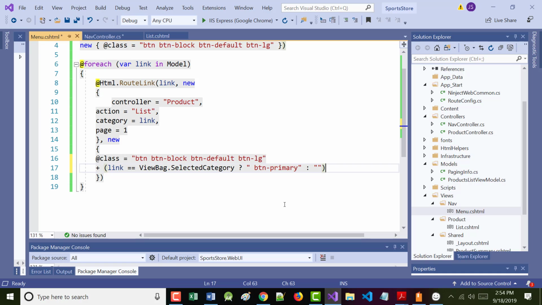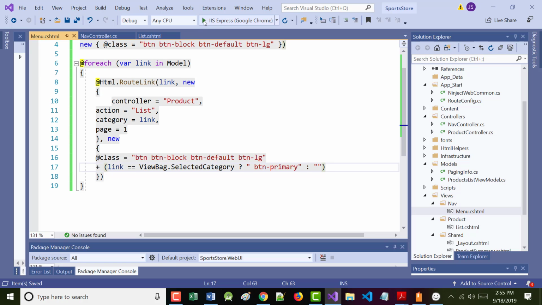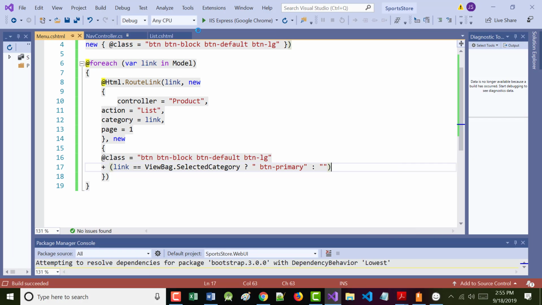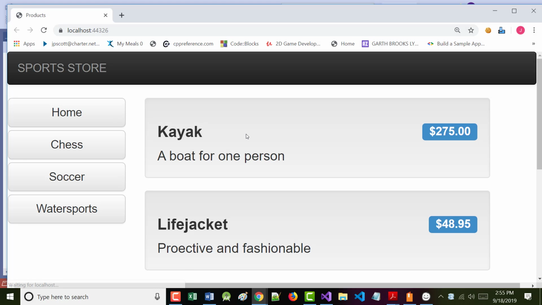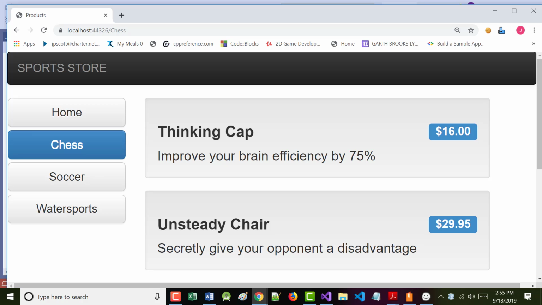And what that is doing is it's going to take whatever button is the default, meaning whatever category we're in, and since it's set to default, it's going to look a little different. How's that? What do I mean? Well, let's run it. See that?